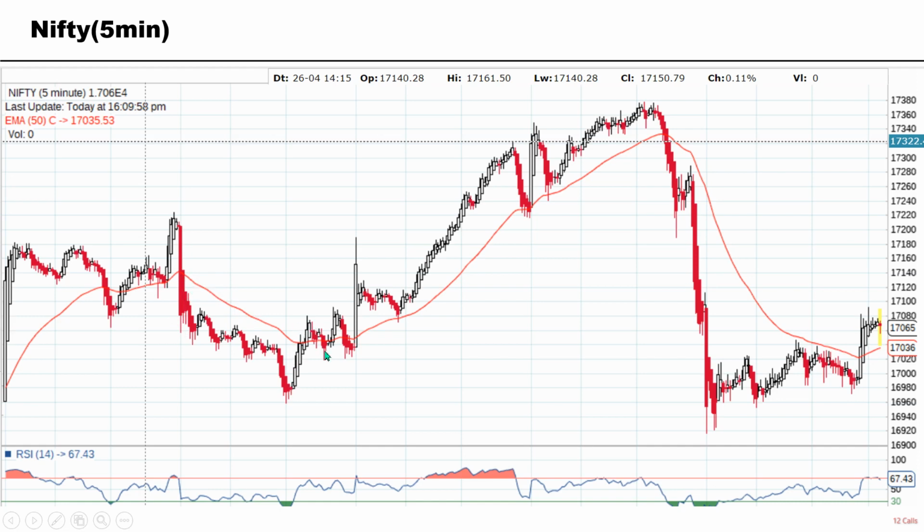Again we see this direction looks up, so somewhere near here, let's say now this uptrend is continuing. So near the 50 EMA line one can enter into a trade on the long side, with just a 20 or 30 point stop loss, and one can trail the stop loss, moving the stop loss, or one can look for a 40-50 point, 70 point gain and exit from the market. So these are the setups mainly used by intraday traders.